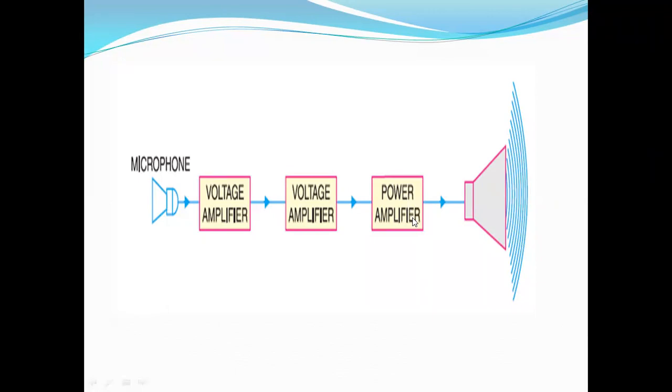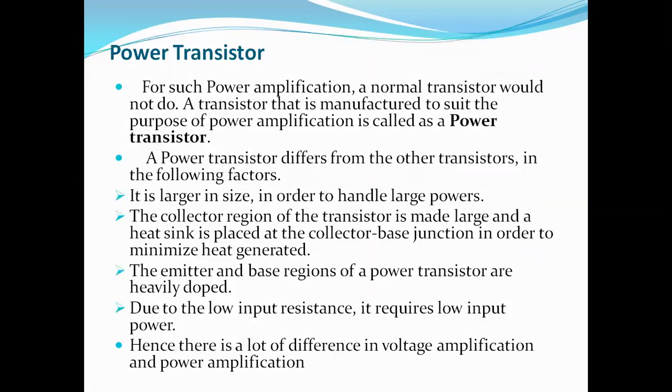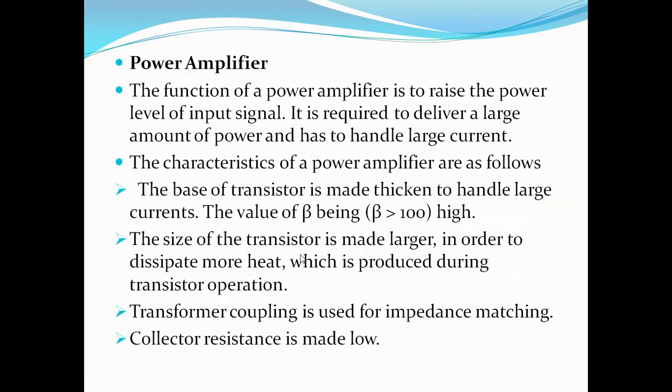That means impedance matching. Why are we using impedance matching? In order to deliver the maximum power, the power amplifier impedance should be matched to the load impedance, or loudspeaker impedance. So in order to get impedance matching, the power amplifier uses a transformer. The transformer gives the impedance match. So that is about this point.